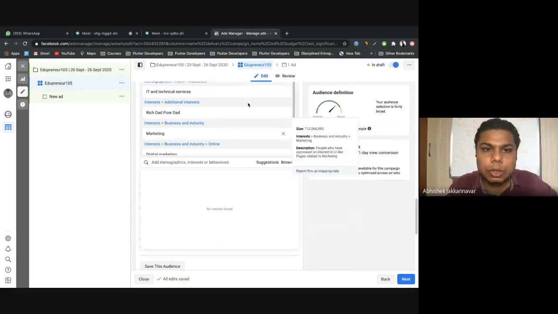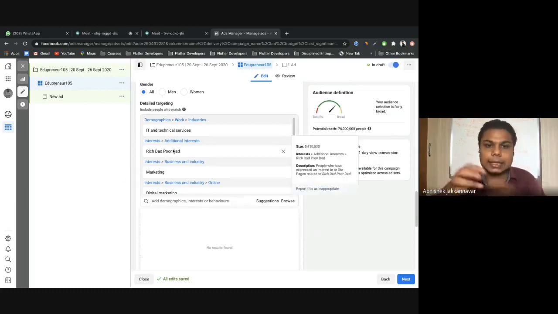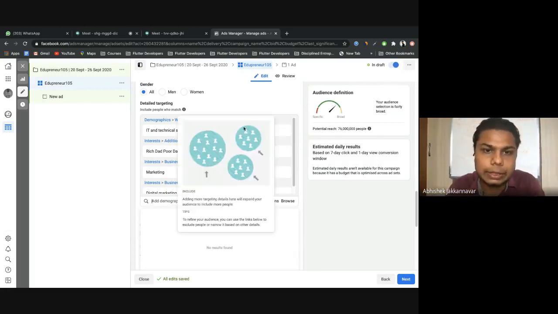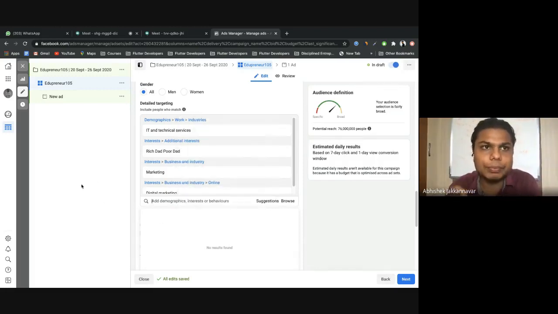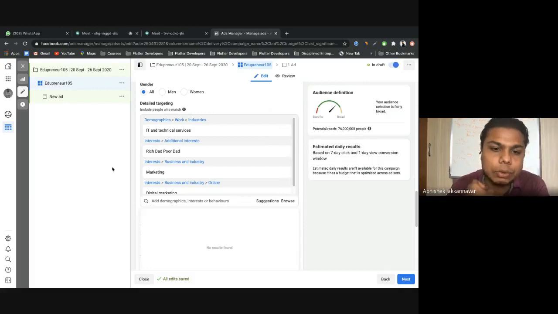Once you start putting all those things in, it starts coming up here, and automatically it gets segregated based on the different demographics, interest, and industry. Then you put in your whole persona, because you know so much detail about the persona, and press enter. Then this will be full. I put around 25 to 30 keywords like this, because I want to target them.